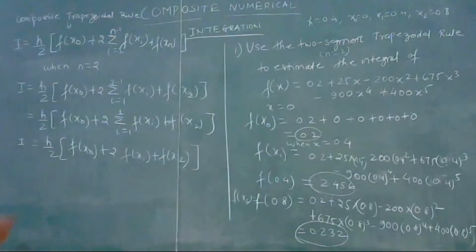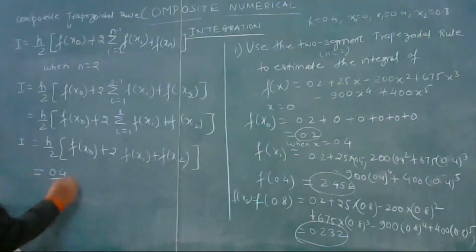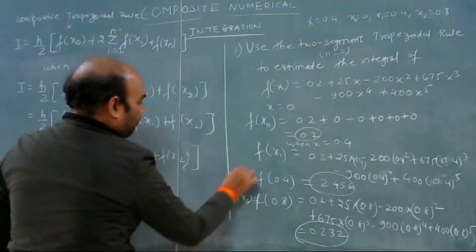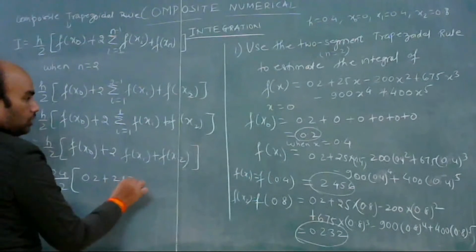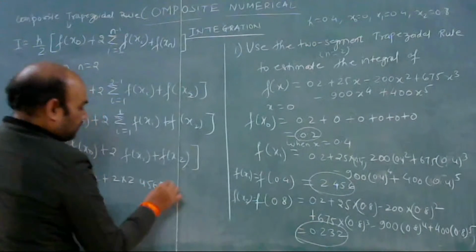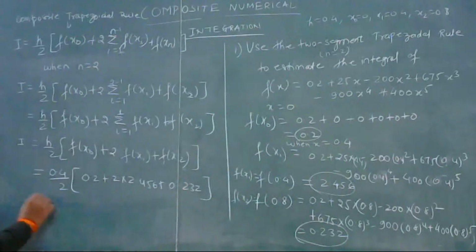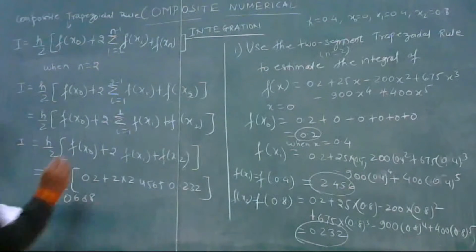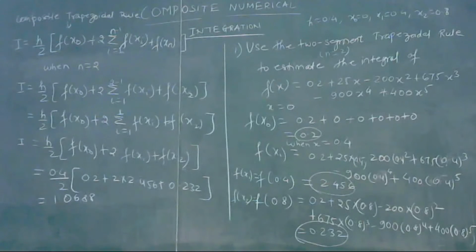So this will be equal to, the value of h is 0.4 divided by 2, f of x naught is 0.2 plus twice f of x1, this is twice 2.456, plus f of x2 is 0.232. So on solving this, we get 1.0688. So this is how you have to calculate